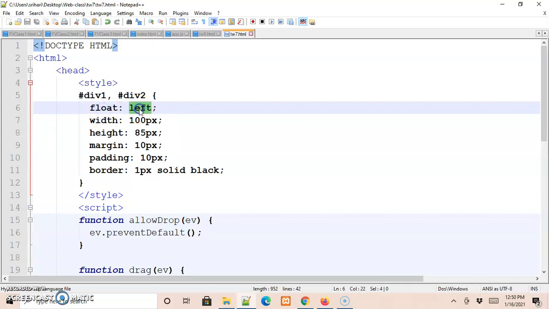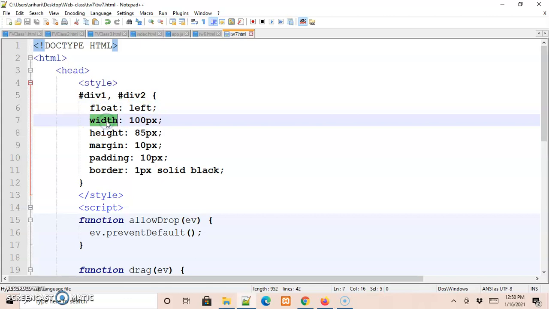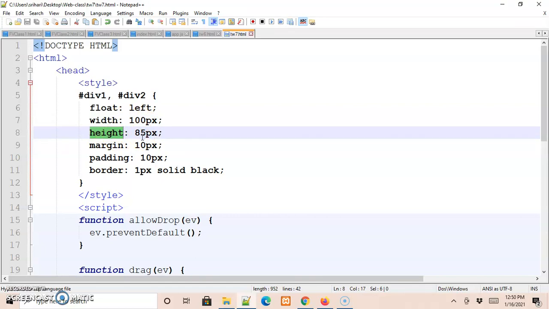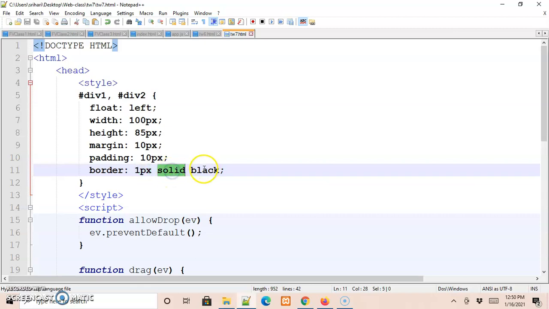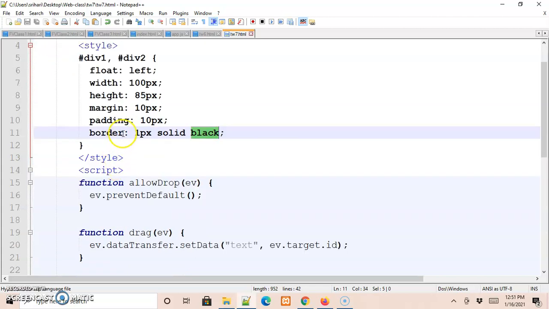That's why float left, and we are setting the width equal to 100 pixels, the height equal to 85 pixels, and the margin equal to 10 pixels. We have made the padding 10 pixels so that the distance between the content of the division and its border is 10 pixels. Then we are setting the border to be of size 1 pixel with a solid nature, and its color is black. This is a simple CSS that we have defined here. You can play around with this by changing these values.